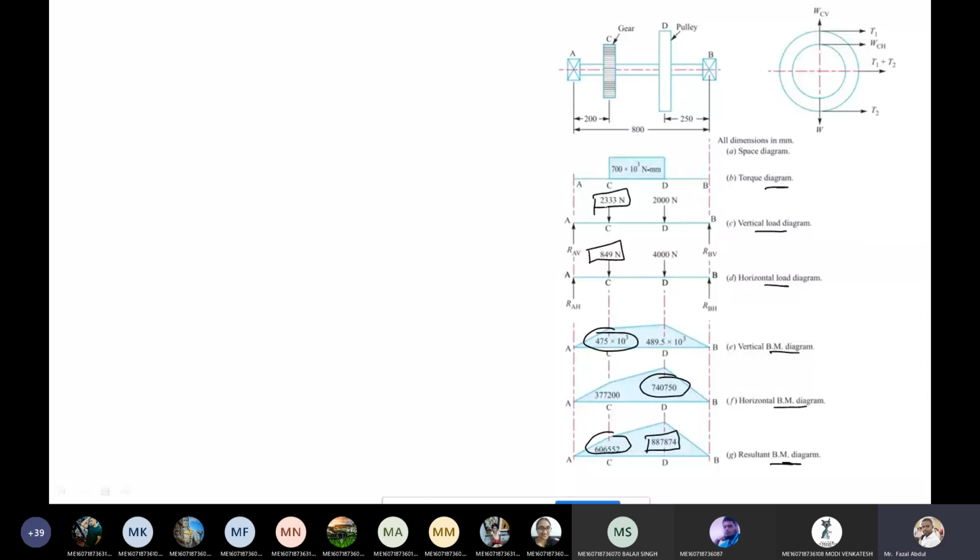So we calculated the loads acting on the shaft due to the gear, and the question itself gives the pulley, which we treated as point D. Because of the pulley, a vertical load is generated on the shaft, that is 2000 newtons, given in the question. I'm not taking my own value, this 2000 value is given in the question. Now we need to calculate the 4000 value. So see the procedure to calculate the 4000 value.